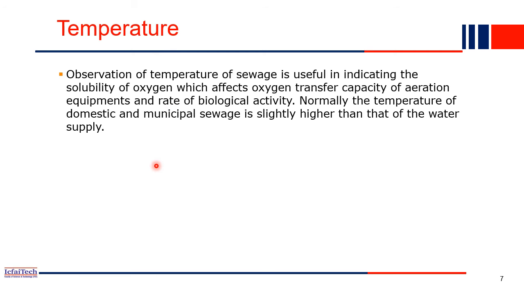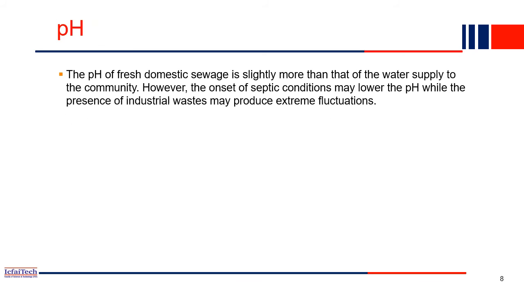So if the microorganisms or the pollution level present in the water is more, then what will happen? Chemical reactions will always be happening inside the wastewater, and the temperature also will be increasing gradually. So in the wastewater, the temperature will be slightly higher than what we have seen in the water supply. Because here in the wastewater, the chemical process will be running continuously, and the viruses and bacteria will be reproducing. Because of that, heat will be generated, and different chemical reactions also take place, so the temperature will increase in the water. So based on measuring the temperature, we can say how much pollution is present in the water.